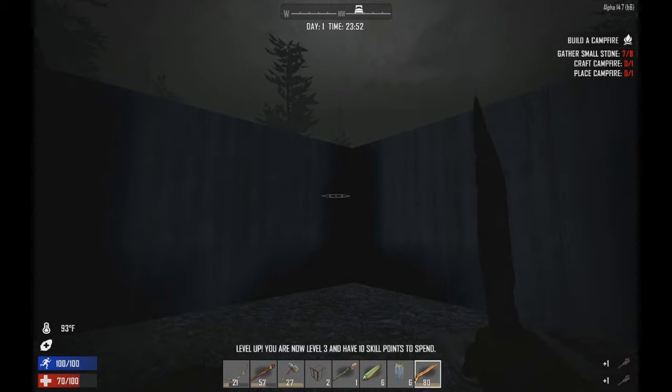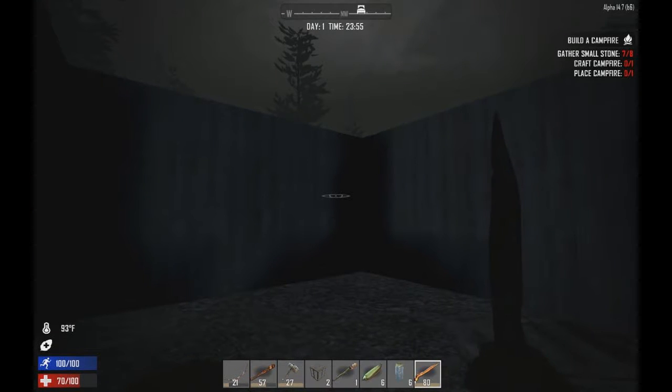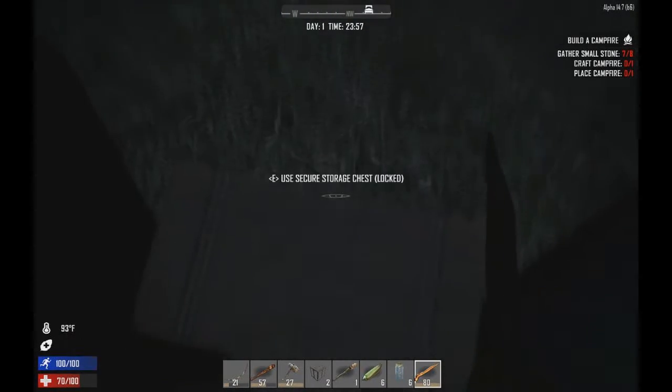And welcome back to 7 Days to Die. And as you can see right in the start, we gained another level. We are now level 3 with 10 skill points. And I think now it's the time we can move on to